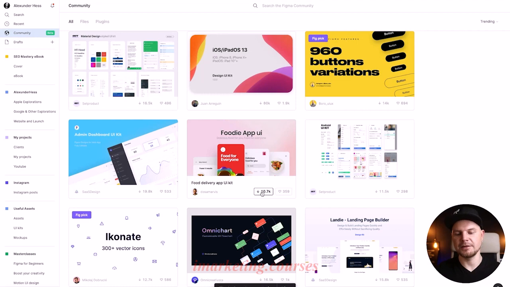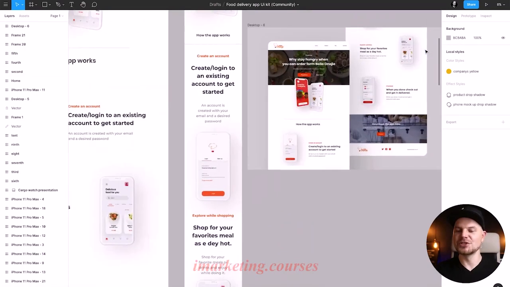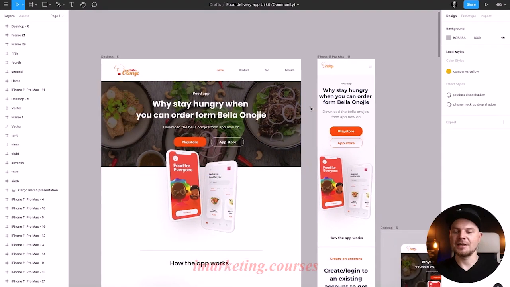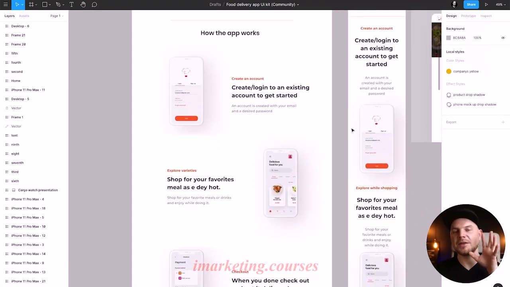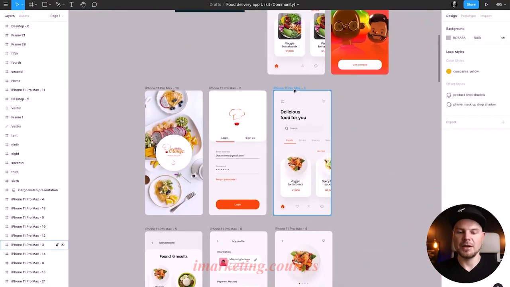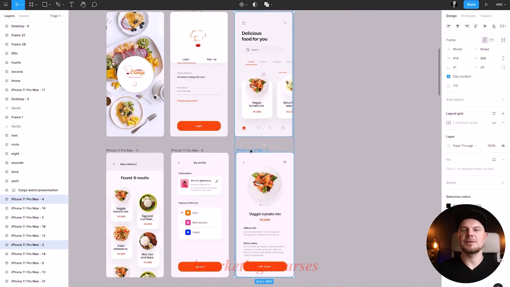Once you click that, you will see view here. Click on the view and you will see the app that this guy created specifically for you. Huge thanks to him. You will see that it has a website, a responsive website. So you will be able to animate the entire landing page, but also you can play with the mobile app as well. You can just select the elements that you want to